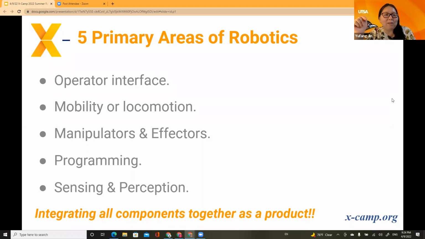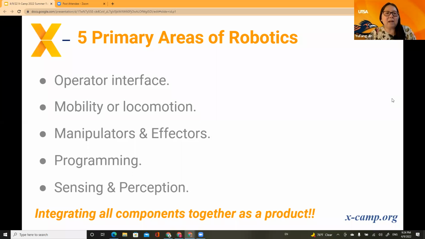But there is going to be one thing for robotics, the operation interface, which is specifically not for human beings because we don't have an operating interface, okay? But for robotics, we also need an operation interface to allow the sensors to sense the outside environment information and send it to the computers to process. So that's an operator interface. I used human beings for the explanation of the four necessary components, and only for robotics, we need an interface to sense the environment and then send the environment sensing information to the computers.